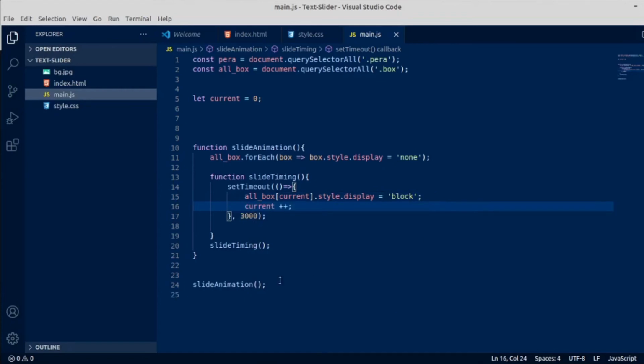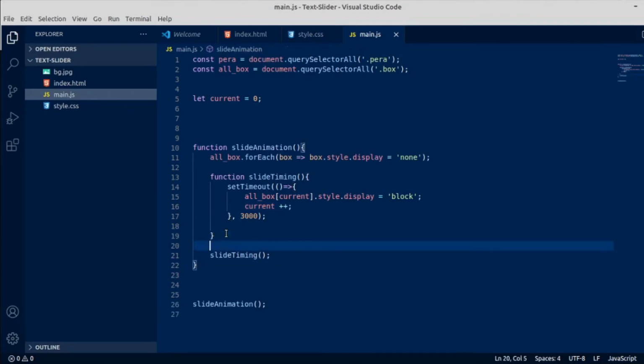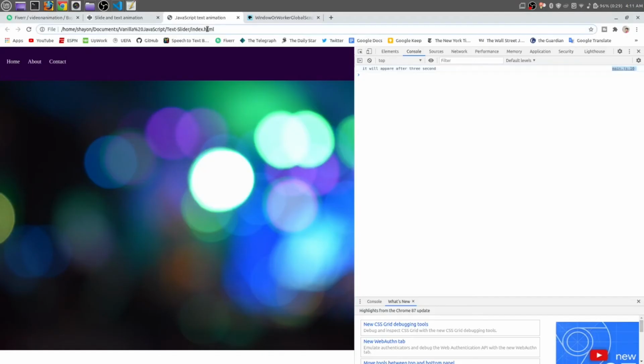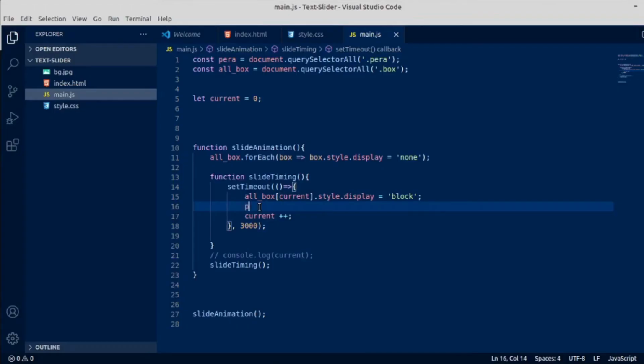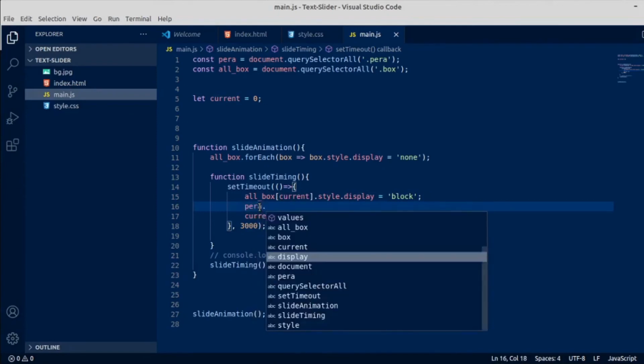Okay, let me console log this at the very bottom of our function. Log current, save it. Once again reload the page. After a few seconds we can see one box and 0 as the console log, and para, that means the paragraph we have selected. Para,